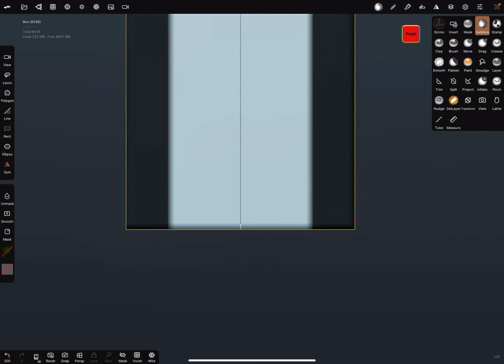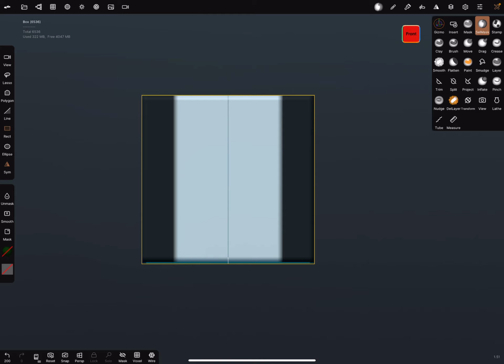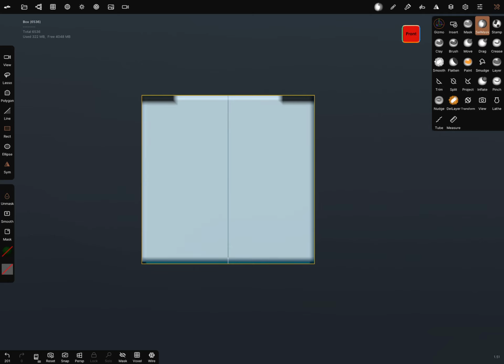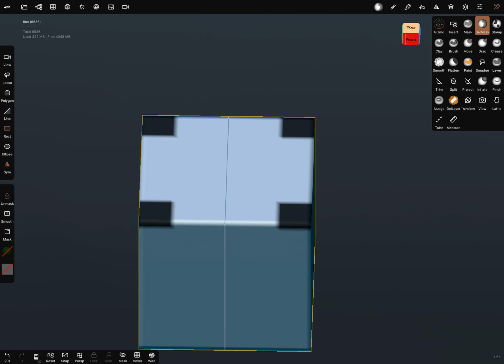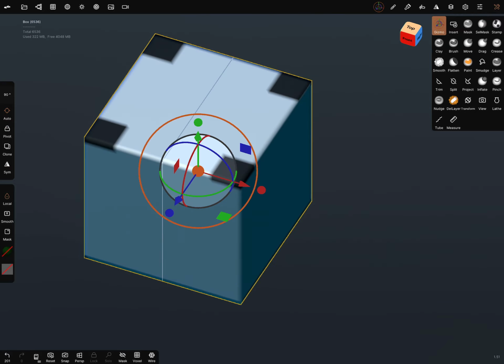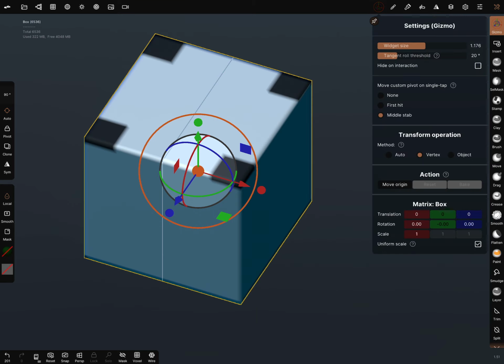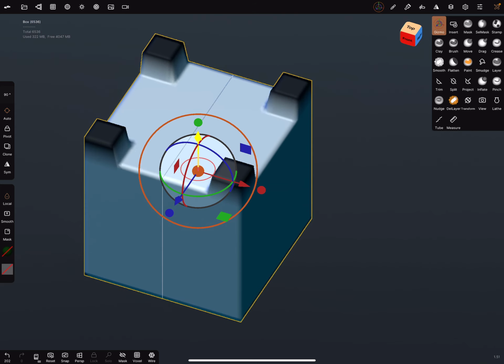Go in the side view, and now the selection mask selected the whole cube. And on the left side there's an unmask button. Press it and unmask the pixels below, and now you can change your view. Take the gizmo and make always sure that you're on vertex, not on auto vertex. And then you can drag the